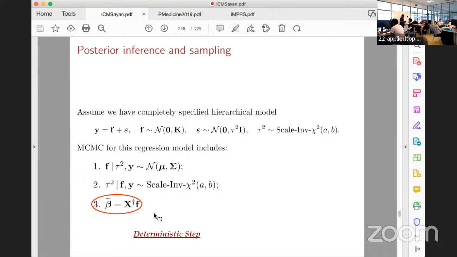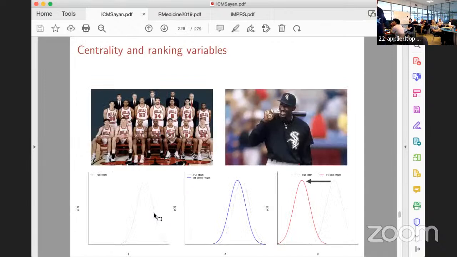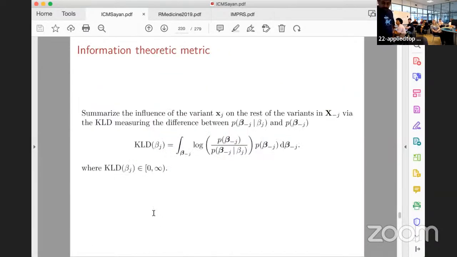Right, so I have some notion of uncertainty because I've sampled and I've collected all of these. So far, so good. So now I want to tell you that some subset of these betas are the most relevant. Okay. So this is this notion of centrality, which is a very simple idea. You have a team, you get rid of one player, you see how many wins they get, right? How much does it change, right? And so in the context of our Gaussians,